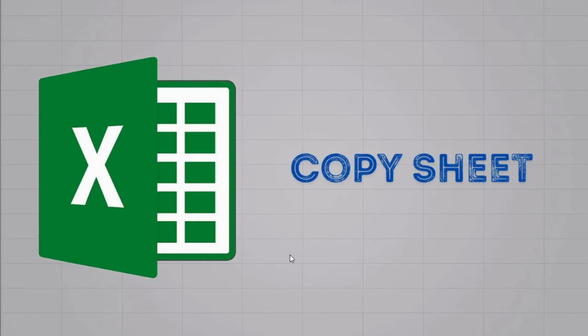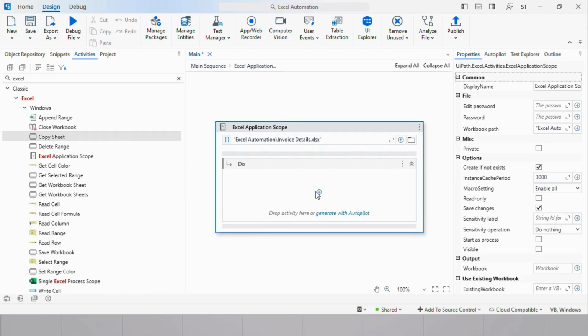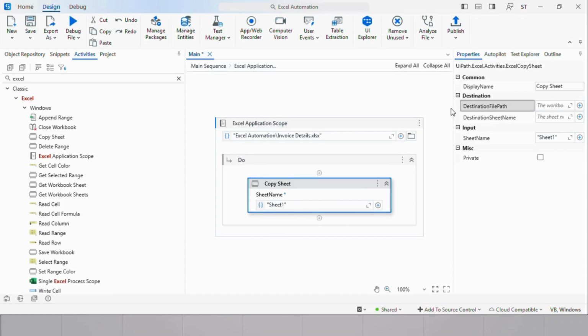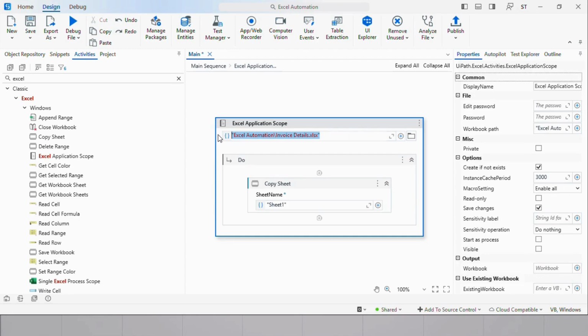Copy sheet activity. If you want to copy the input Excel file sheet, and then paste it in a different Excel file or in the same Excel file, we can use the copy sheet activity. For the copy sheet activity, we need to mention the sheet name which you are going to copy. We need to mention the destination file path. It could be your input Excel file path, or we can mention a different file path. Here I am mentioning the same Excel file path,